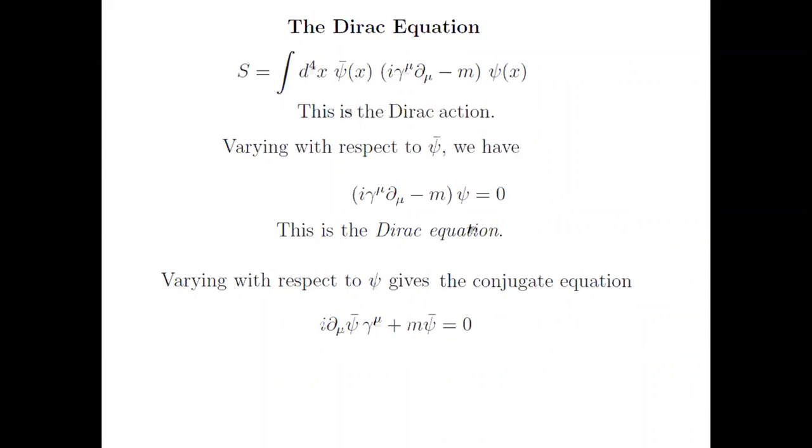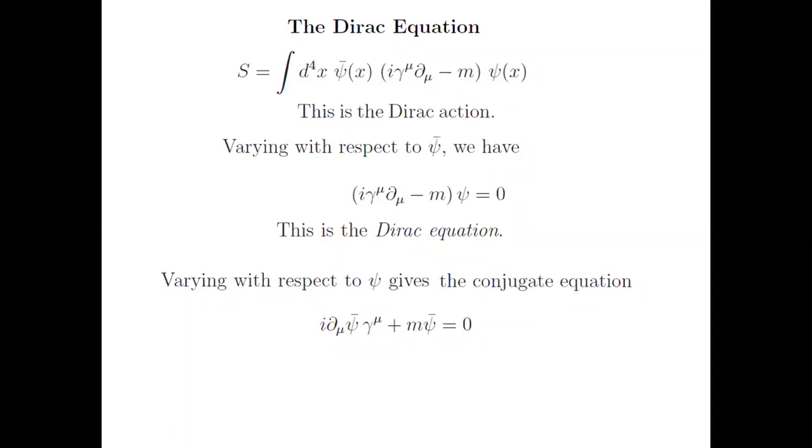So we have done a bit of scalar quantum field theory. Now we will enter what is called the spinor quantum field theory, or the Dirac field. The Dirac field has an action which is given by this. This action has a Lagrangian and a d4x term. This Lagrangian is psi bar x, i gamma mu del mu minus m, psi. Now psi bar and psi are the two conjugate fields, Dirac conjugate fields,